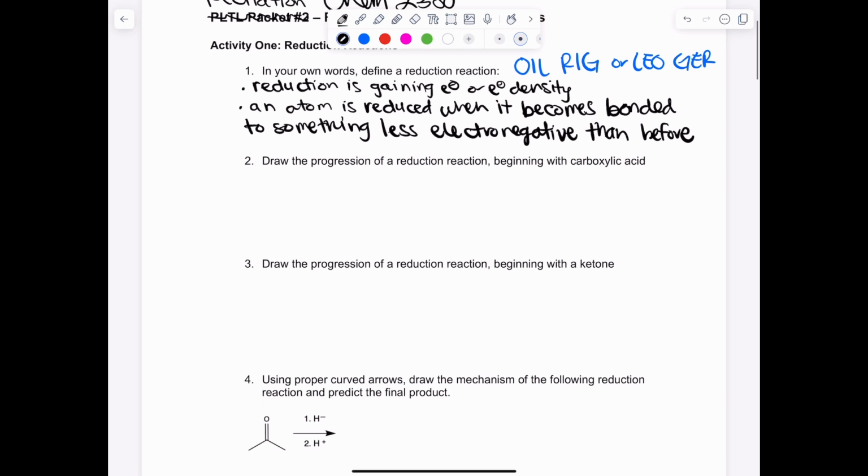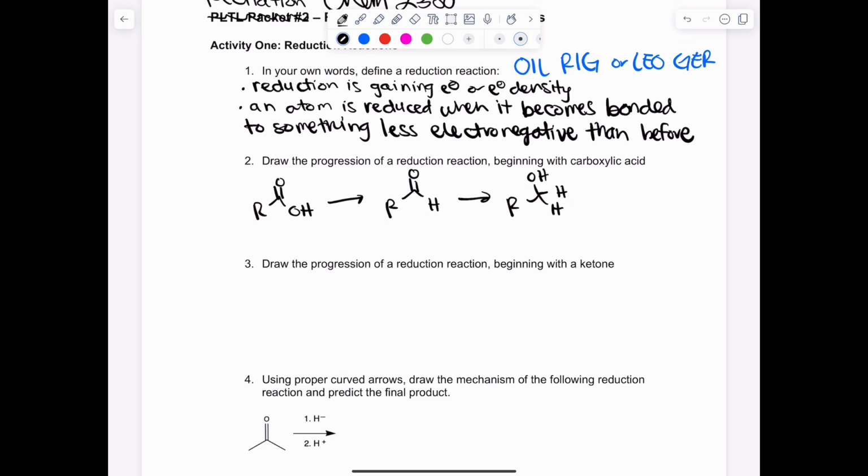Question 2 asks us to draw the progression of a reduction reaction beginning with carboxylic acid. So if you start with carboxylic acid and you reduce once, you will end up with an aldehyde. If you reduce a second time, you will end up with a primary alcohol. Notice that the carbonyl carbon goes from having 3 bonds to oxygen to only having 2 bonds to oxygen, to finally only having 1 bond to oxygen, and in each case, the previous bond to oxygen is replaced by a